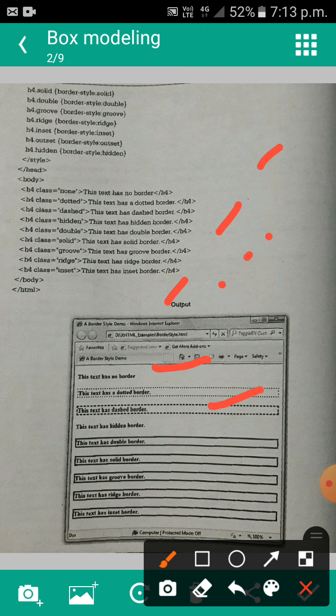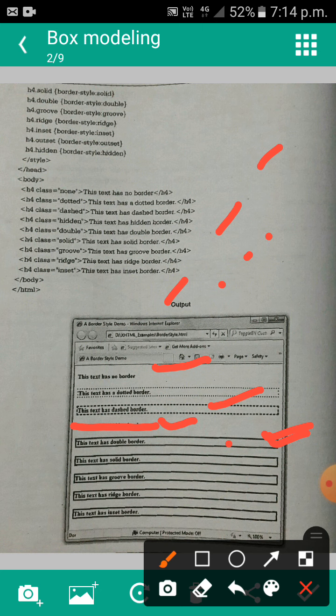Next is the h4 class hidden, the text has a hidden border. What we display next is the double, the text has a double border. You can see this has a double border.